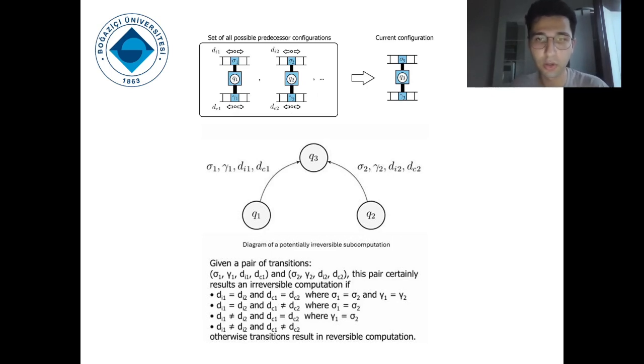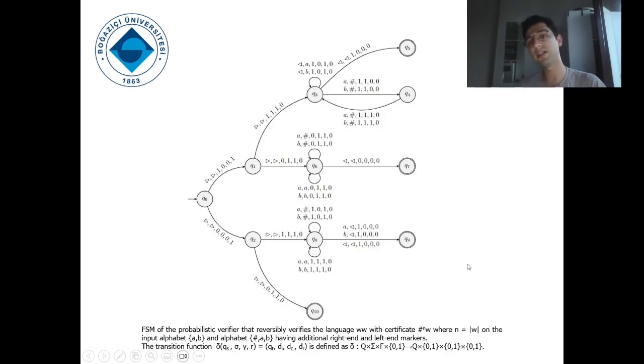In our research, we set the criteria to spot these irreversible computations just by looking at the finite state diagram of this automaton. So here you see the conditions which make the computational step taken to bring the verifier to state Q3 irreversible. After detecting these criteria, we have examined the best-known languages verifiable by a probabilistic finite